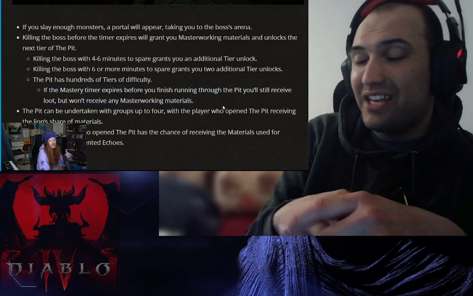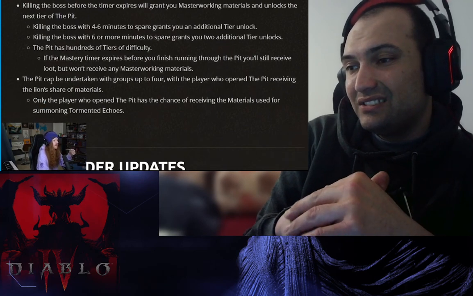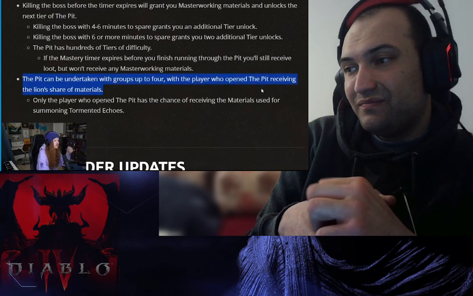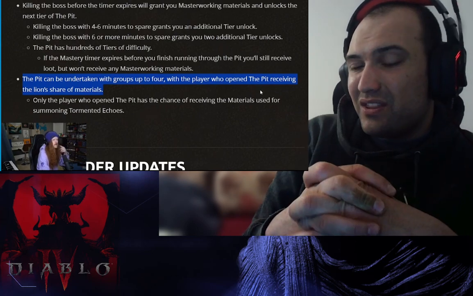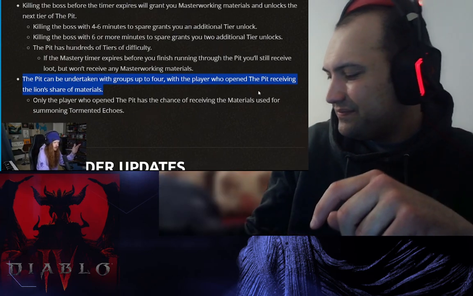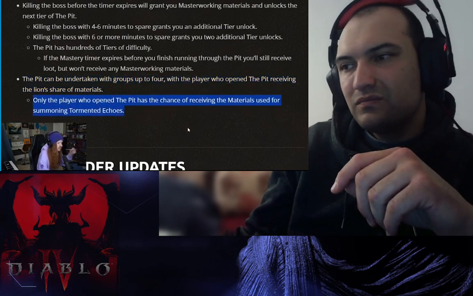I wonder how fast they will be spamming this to clear the highest level. The pit can be undertaken with groups up to 4, with the player who opened the pit receiving the lion's share of the material. That's because the pit does cost something to actually open. There's like a key effectively, and only the player who opened the pit has a chance of receiving the material